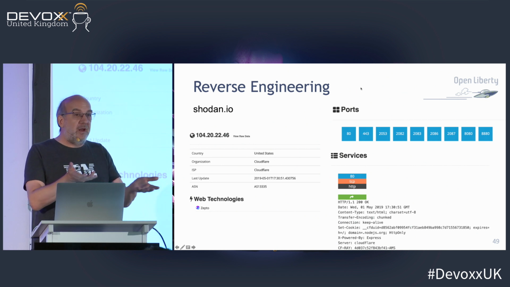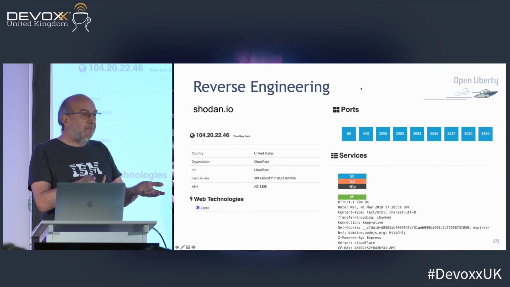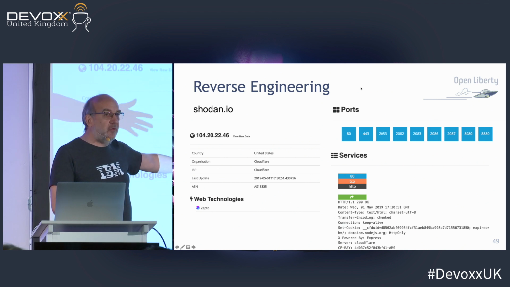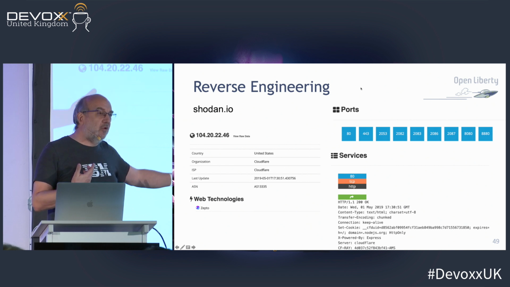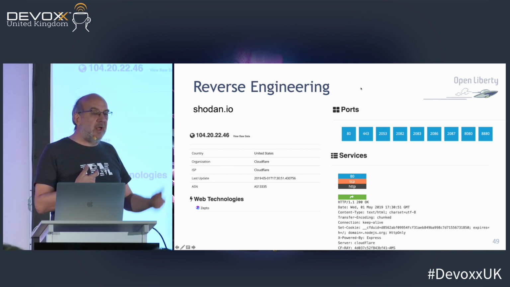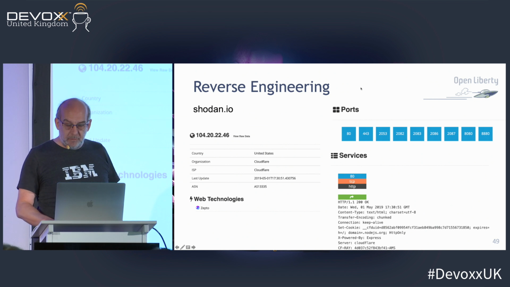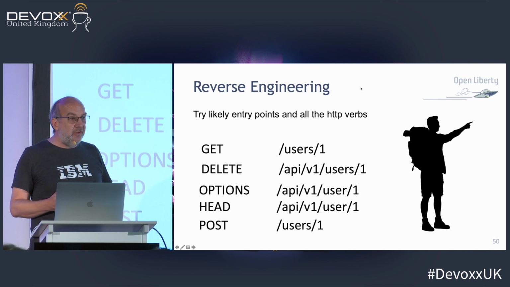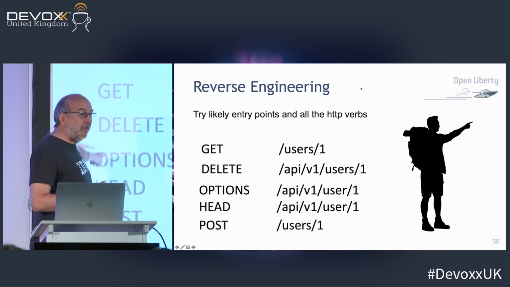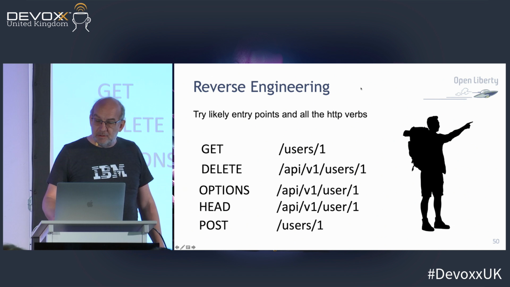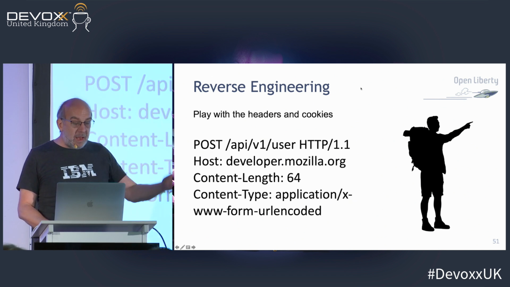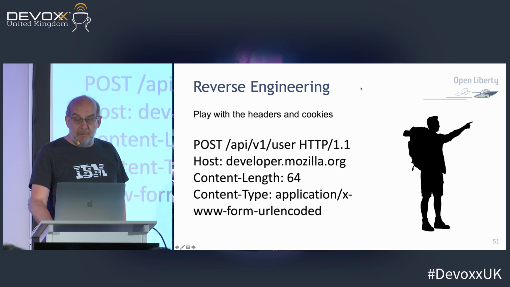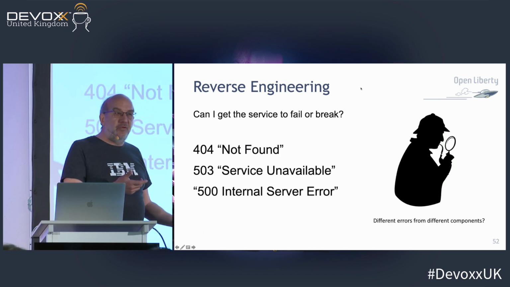If you've got a vulnerability in your web server, these tools are going to find it, because they'll find the versions of a particular app server that you've got. It'll have a vulnerability, they'll exploit it, they get in, and they're at your system. So they'll try all these combinations. They'll try these different verbs to see what your code does. I'll just keep playing and trying different things. What do I do with your headers, your cookies? Just play.